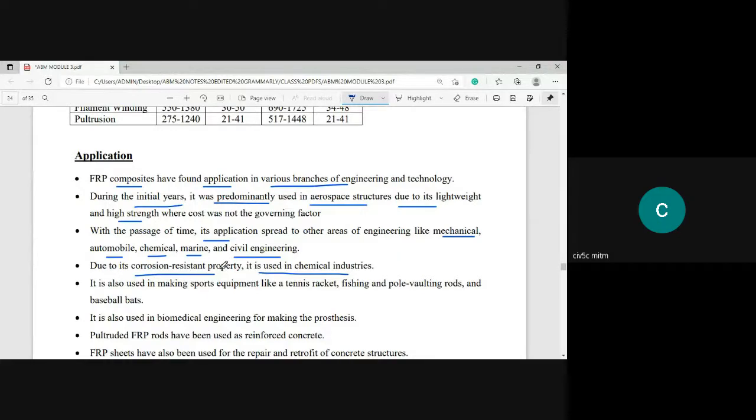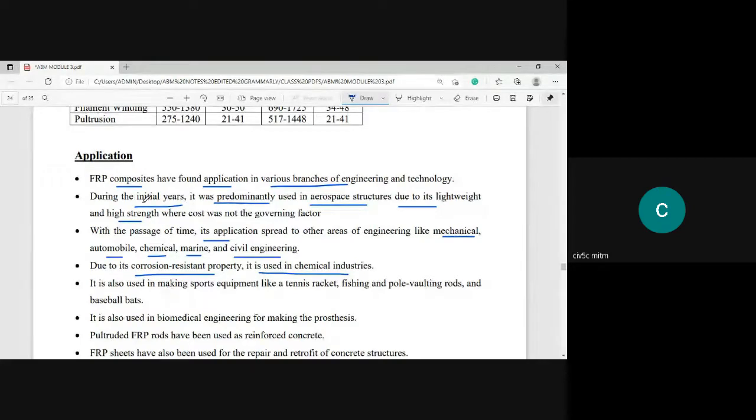This is very, very important, because as I stated, in reinforced cement concrete the major drawback is corrosion. Especially in marine conditions or in coastal areas, once the concrete structure is submerged or exposed to seawater, automatically the service life will be decreased. So in order to overcome this, if you go with these FRP rods or reinforcement, you can overcome this problem.